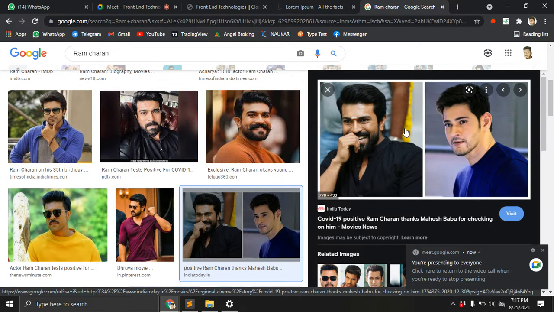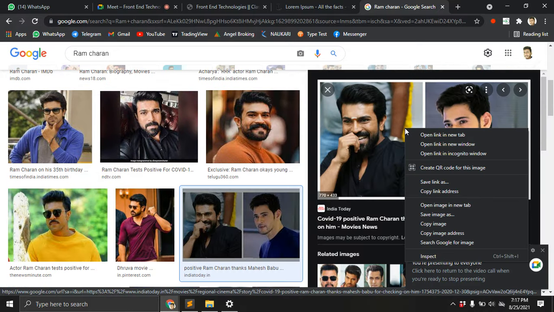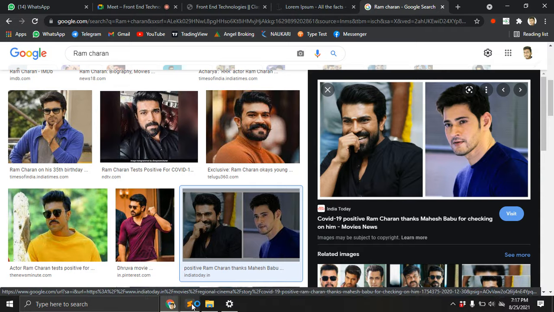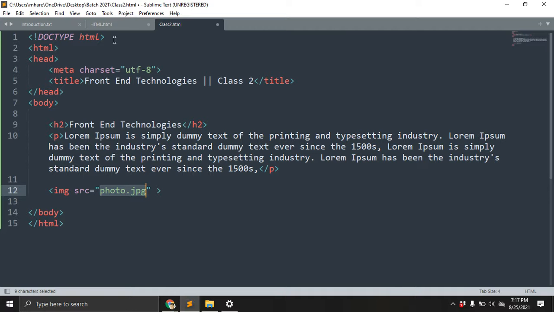Just click this one, and we can see two ways we need to take it. First one, you can see here the copy image address. For understanding purposes, I'm writing here.